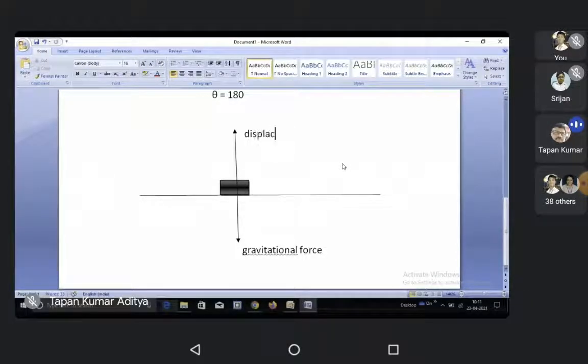What is the angle here between displacement and gravitational force? Just opposite. Theta is 90 degrees. So that many, 90 degrees. Displacement